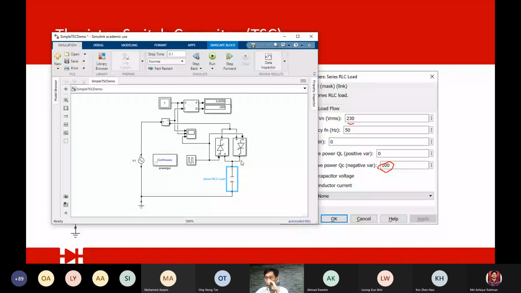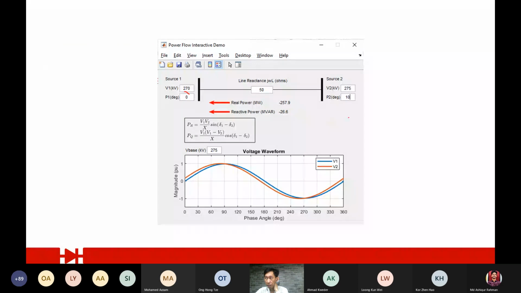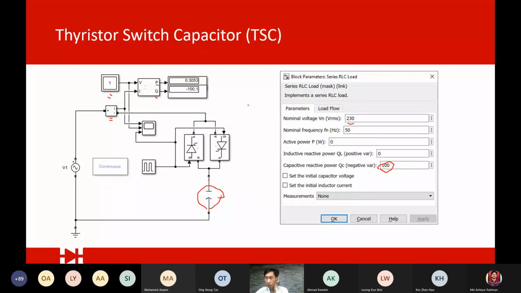By doing that, you are causing the phase angle difference between the two sides, so that you actually control the reactive power. Let me stress again, for TSC, they don't really control maybe half a bit. You can do that, but in practice they don't. They either turn it fully on or fully off. That's why they call it switched capacitor, either switch on or off. They don't do it halfway at a different angle. Practically you can do that if you want, but they don't really practice this